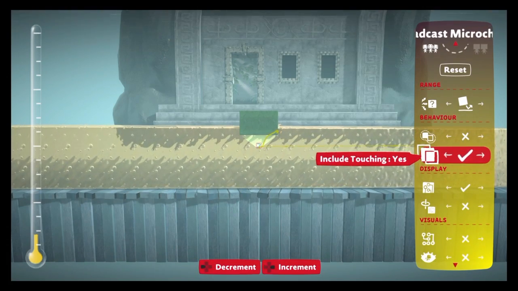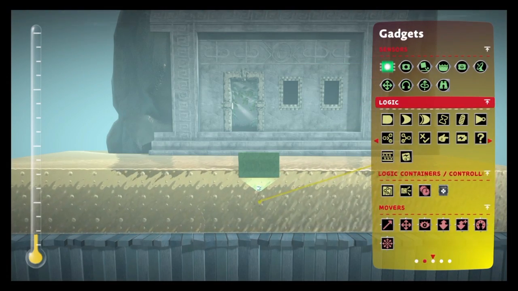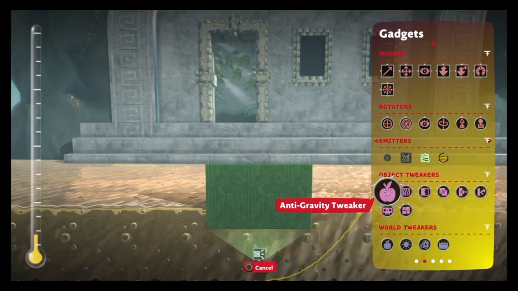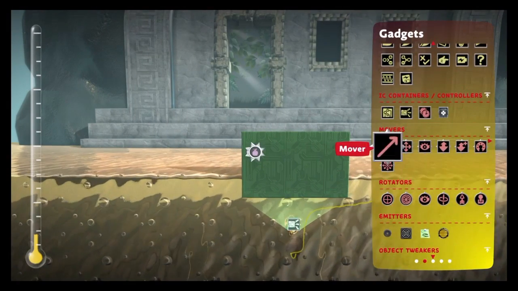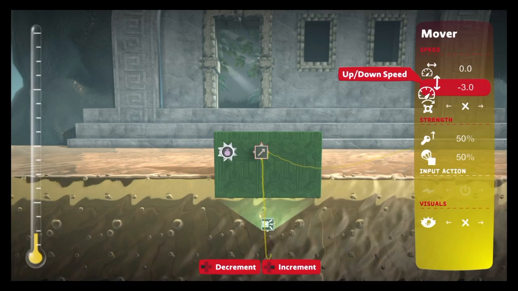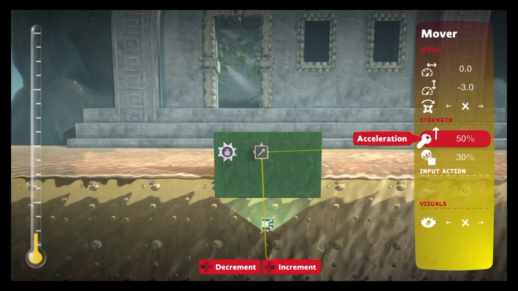We put an all in contact, which includes touching, so when it touches, the broadcast chip activates. I use a similar thing I think in the Songbird demo. So what we do now is, well, we want to slow Sackboy down once he hits it. So we put anti-gravity, so that kind of gives a float, and we put a mover, so he's moving. See, this is really simple logic, but so minus 3, let's slow down fairly slowly, but not